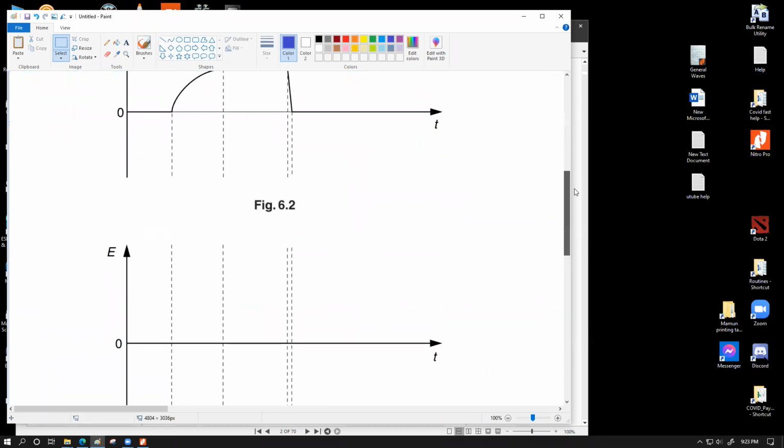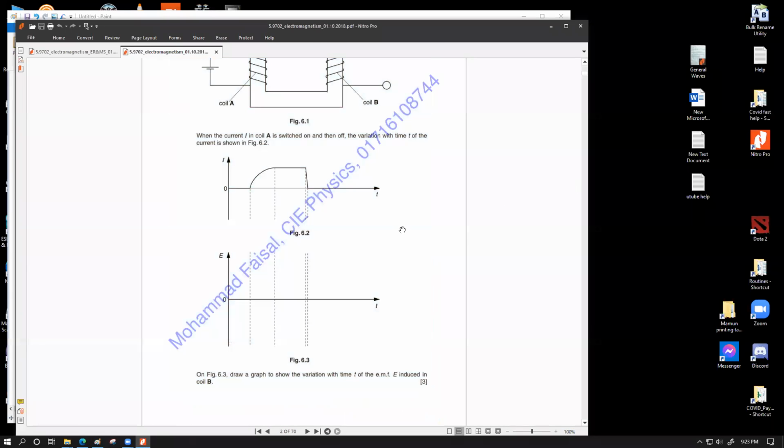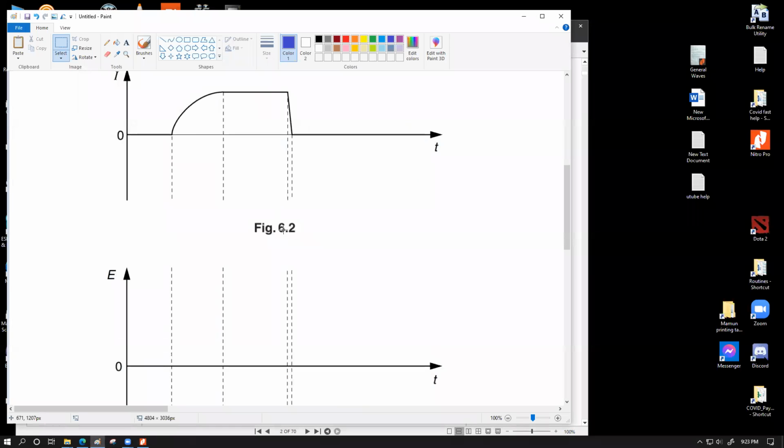এটা হচ্ছে আমার প্রাইমারি কয়েলের কারেন্ট, আর প্রাইমারি কয়েলের কারেন্ট থেকে আমাকে সেকেন্ডারি কয়েলের ইএমএফ আঁকতে হবে। তার মানে I have to attempt to draw this graph. E should be equals to minus d phi by dt. এটা হচ্ছে আমাদের বেসিক ইকুয়েশন। আর phi is proportional to B is proportional to I। এই সবগুলো হচ্ছে প্রাইমারি কয়েলের জন্য। তার মানে আমাকে এই গ্রাফের নেগেটিভ গ্রেডিয়েন্ট এখানে আনতে হবে, এইটুকু আগে বুঝো।